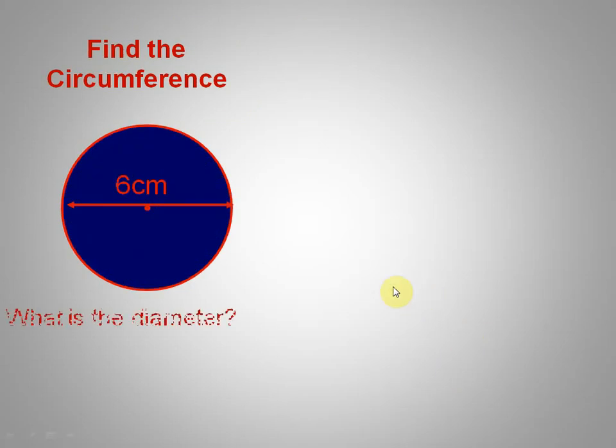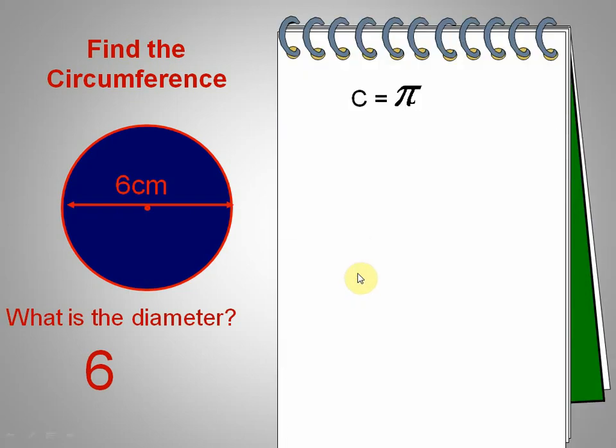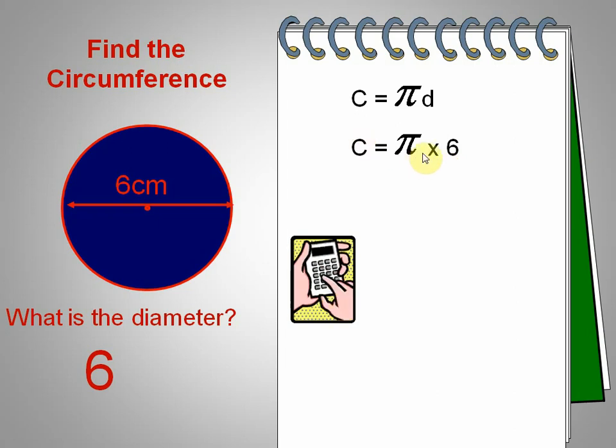Again, moving on, if you have a diameter of 6 centimeter, it says find the circumference. So the circumference formula is c equals pi times d, where d is called the diameter, 6 centimeter. So just put the value of the diameter in the formula, pi times 6. Now put the values in the calculator, press pi and 6, and you get 18.8 up to 1 decimal place. 1 decimal place means after the point you have to write just one digit of the answer. 18.8 centimeter is the circumference of this circle.